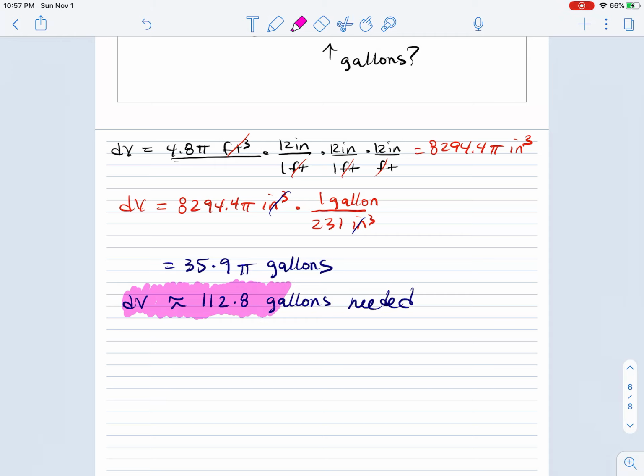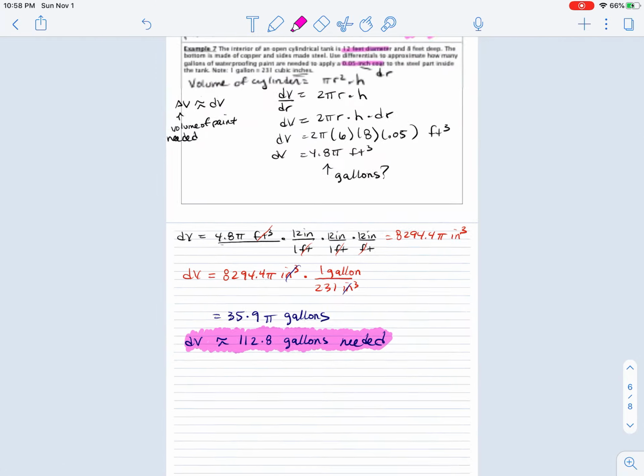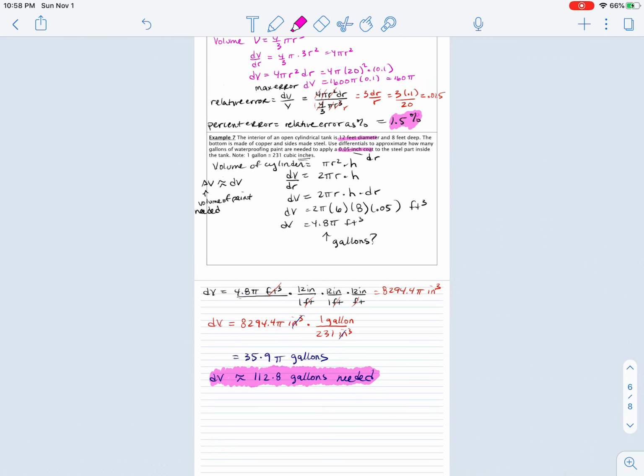So hopefully that will help in dealing with differentials, which is kind of nice. Keeping in mind your differential dV is your error, and that does it. All right, so the next chapter or the next section that we're going to cover is